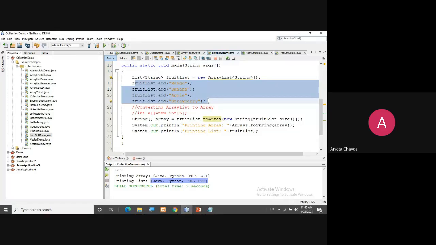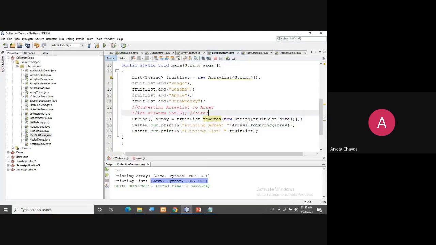We cannot count it. So generally, whenever we create an array, we write integer a square bracket equals new integer of 5. Here you know the size of this array, that is 5. But here you don't know the size. So what is the size?